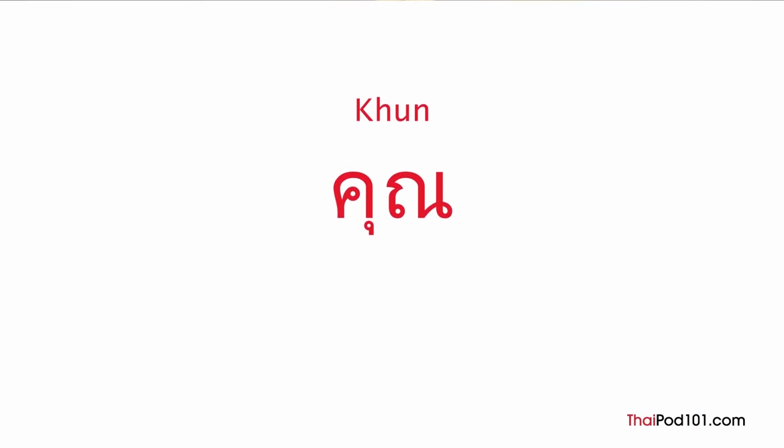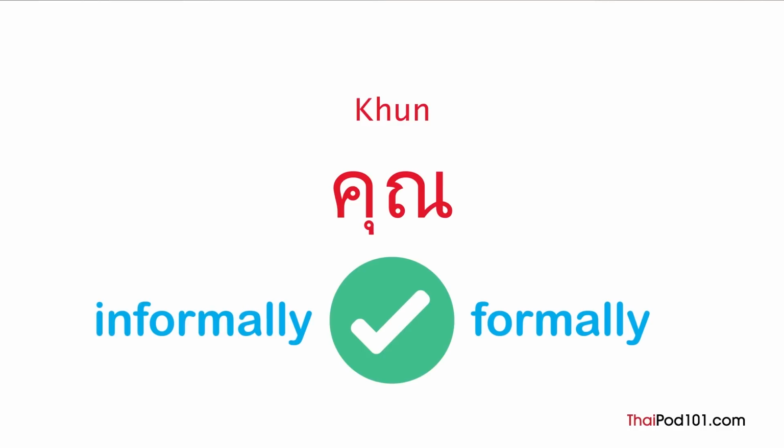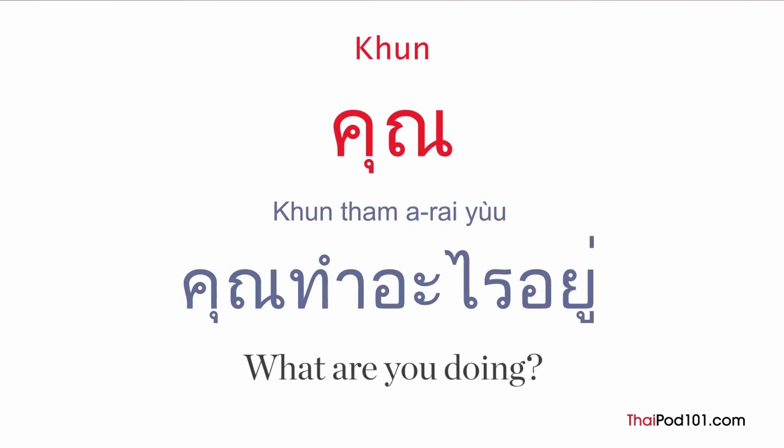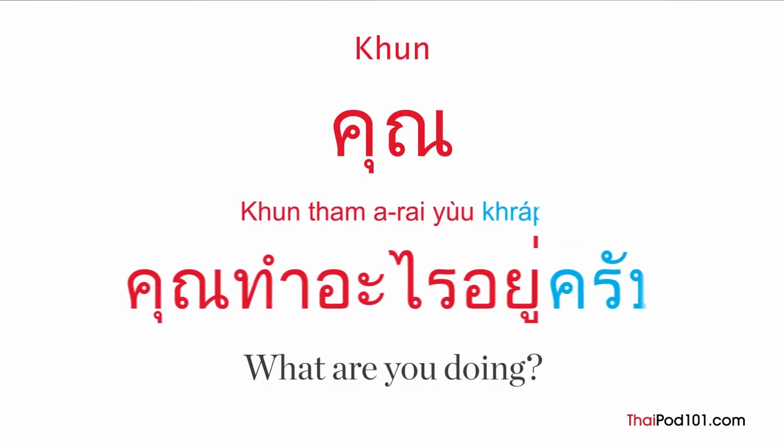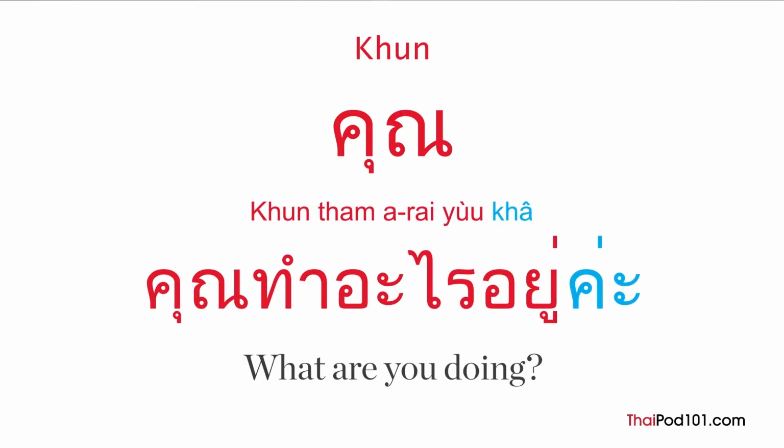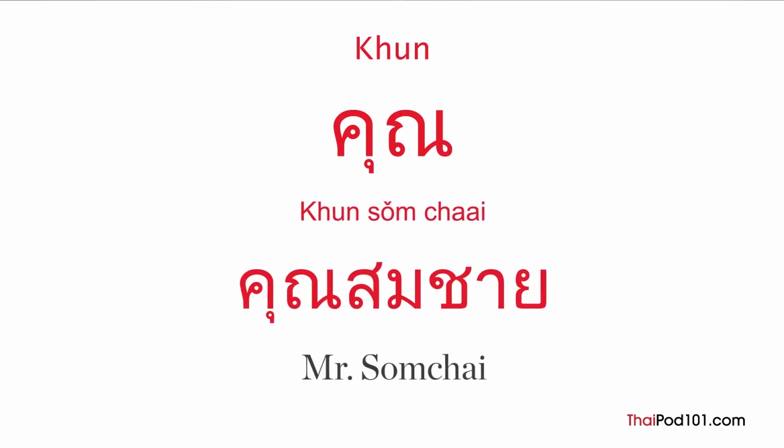The first word you probably learn when addressing the person you are talking to is คุณ. It's the most general word as it can be used both formally and informally. For example, the sentence คุณทำอะไรอยู่ What are you doing can be said from an employee to his client. You can make it more formal by adding ครับ or ค่ะ at the end of the sentence. คุณ can also be used in front of names to add a degree of politeness to the sentence. For example, คุณสมชาย Mr. สมชาย